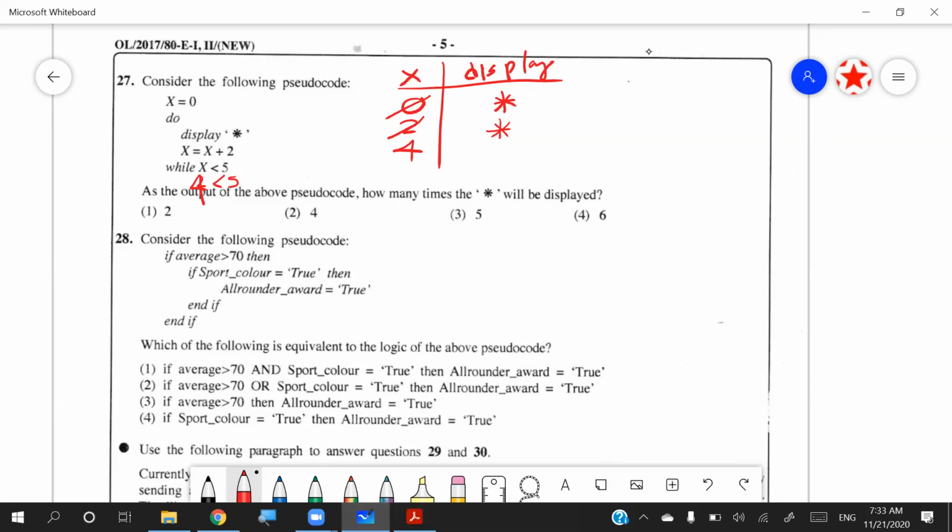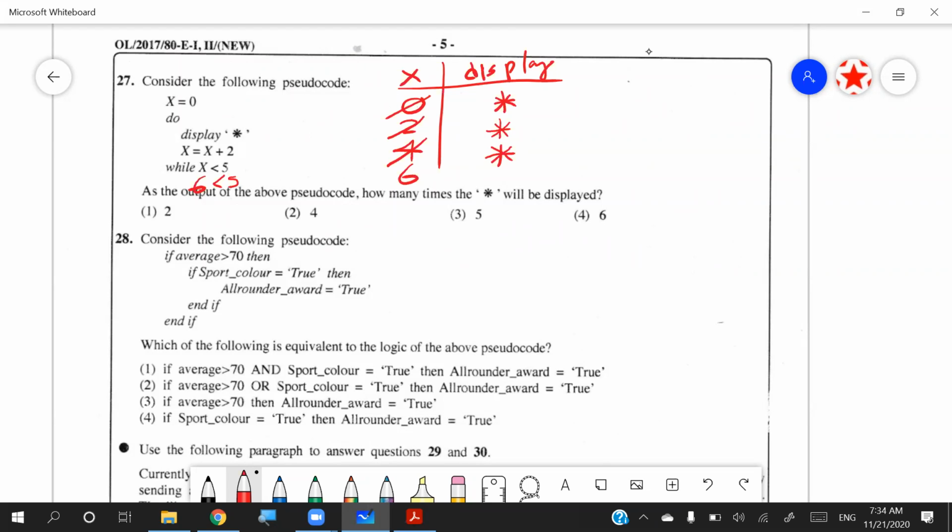So 4 is less than 5, which is still correct. So go and display the star, and x increments to 6. Now 6 is less than 5, which is incorrect. So our iteration stops. Your display has 3 stars, but number 3 is not in your choices. That's why they have gone as all, right? So for 27, you got all correct